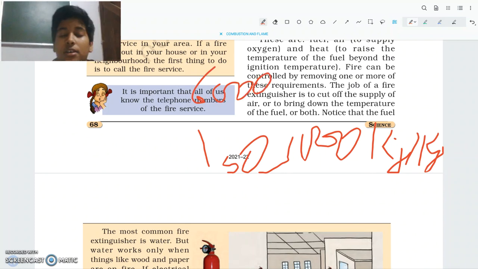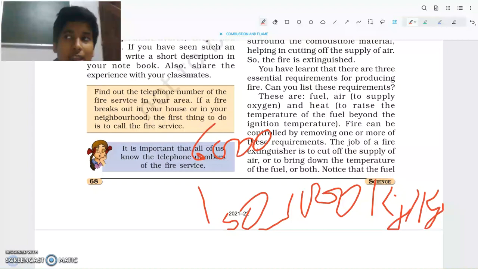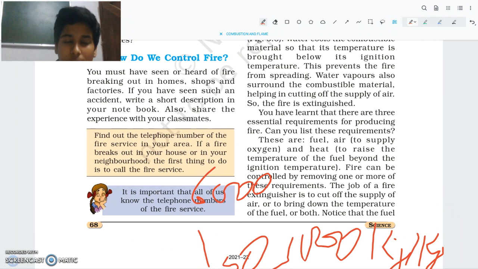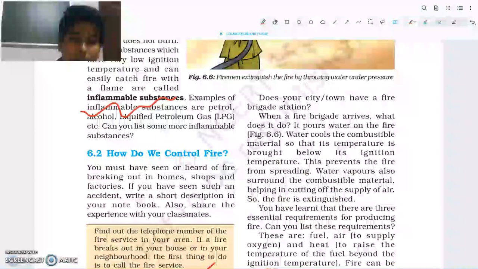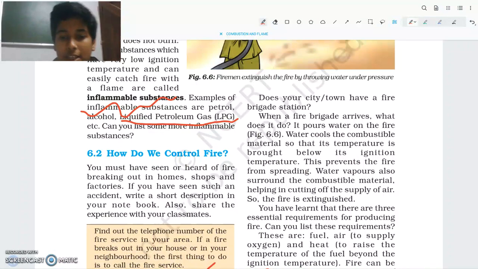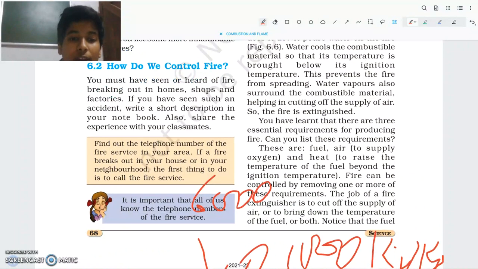8,000, and for LPG and CNG it is around 50,000, could be above or below, as not every LPG has the same or constant value. Okay, so it could change readily. LPG and CNG have about the same, and we say liquefied petroleum gas, LPG, and compressed natural gas, CNG. And now how can we control fire?